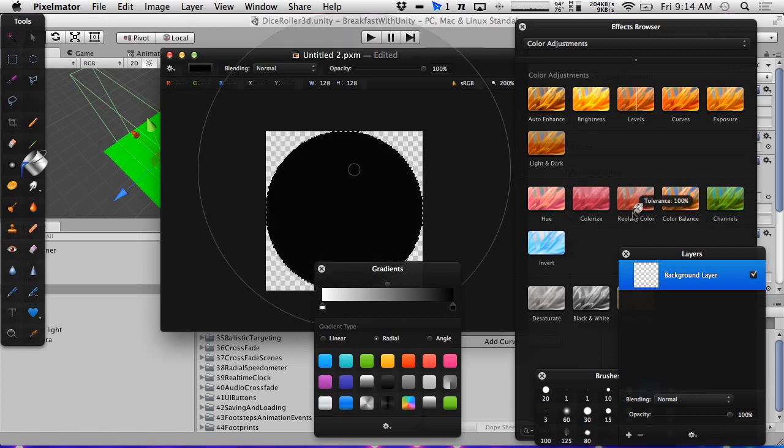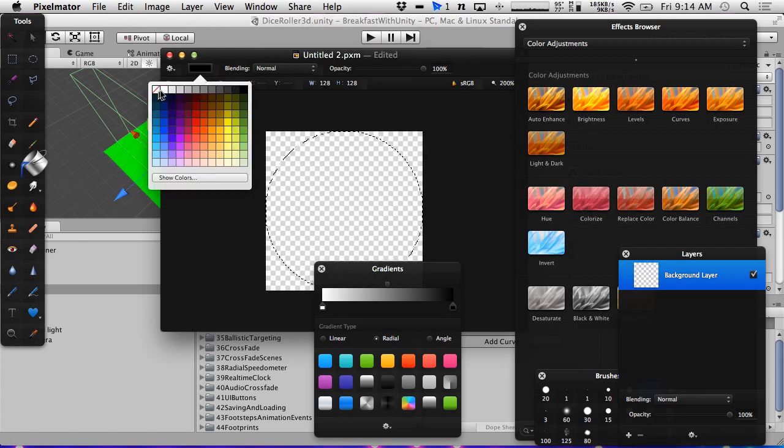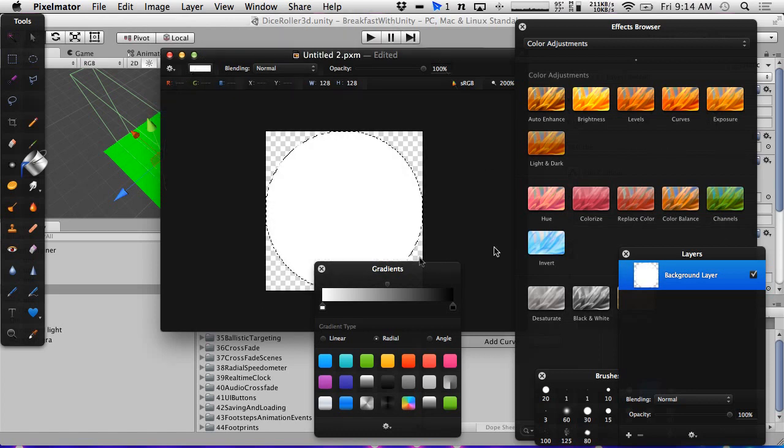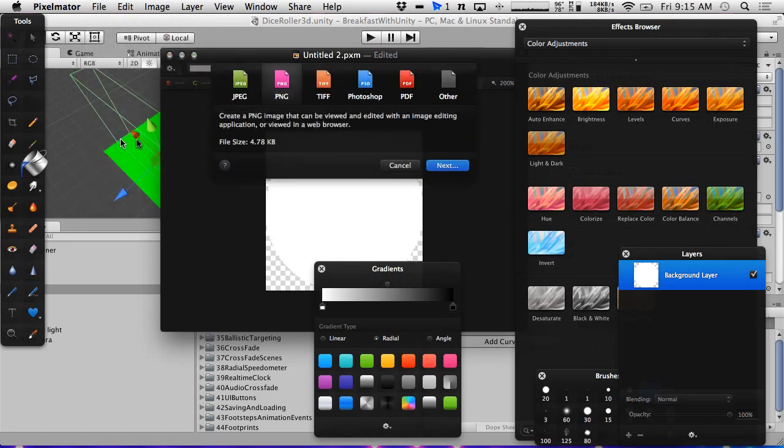So this is going to be, actually no. Scratch that. We're going to fill it with white so we can color it in the editor. So we fill it with white. I'm just going to do it a few times just to make sure. And we're going to deselect, and this one's going to be our, we're going to export this. This is going to be our